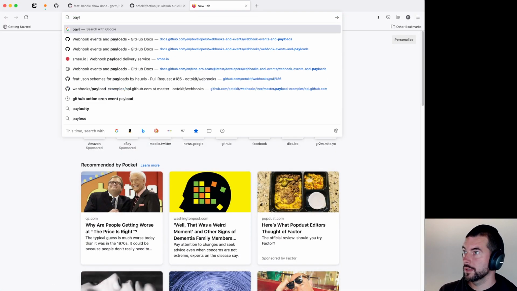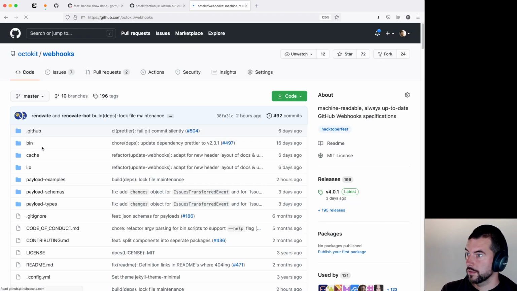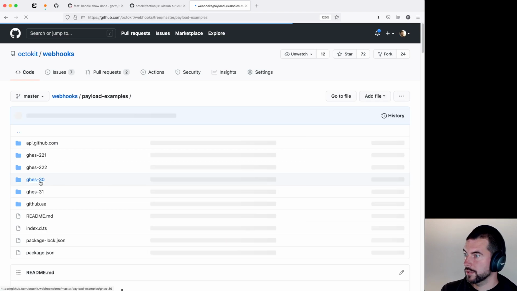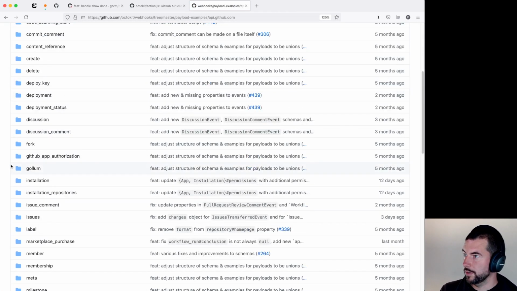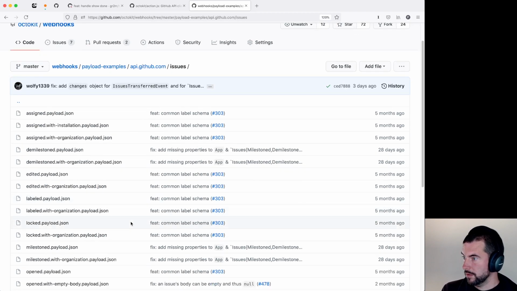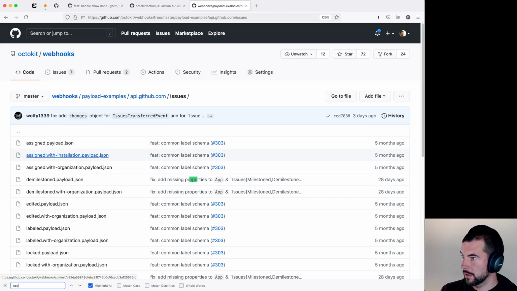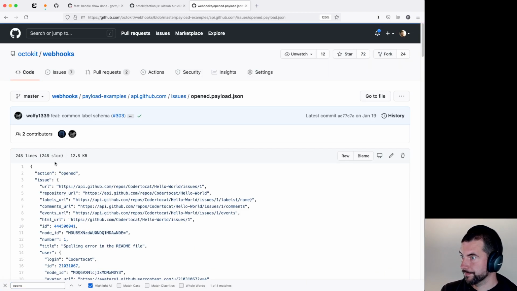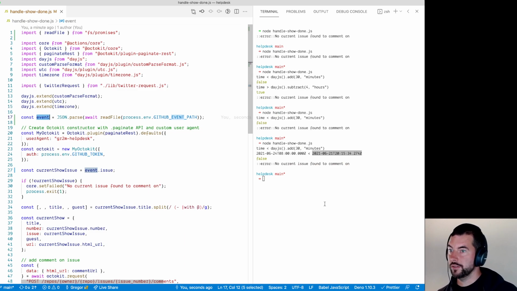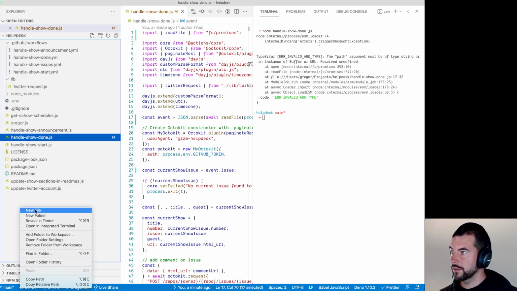Okay, and now let me see Octokit webhooks. We have tons of examples here, and I can see what an issues closed payload should look like. I guess we don't have one yet, but it will be the same as opened. So yeah, there is an issue key there. That's exactly what I expected. Okay, so this will fail now because there is no file GitHub event path here. So I will quickly create it